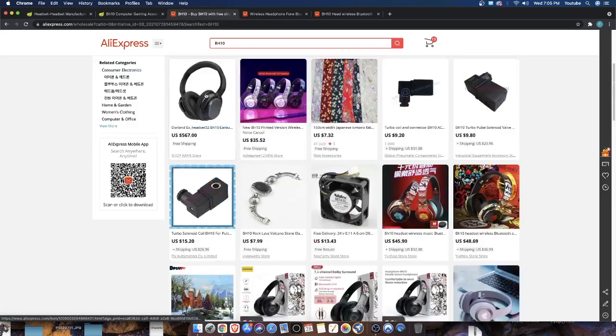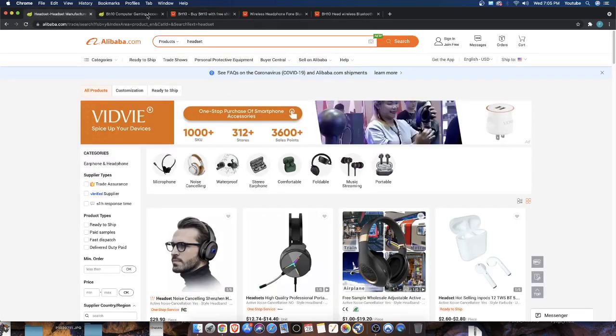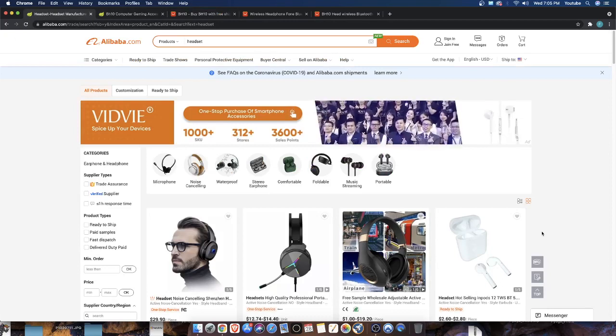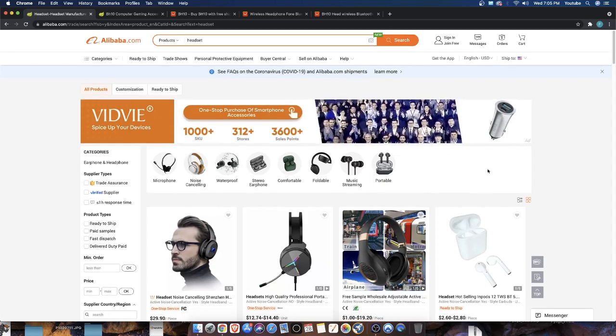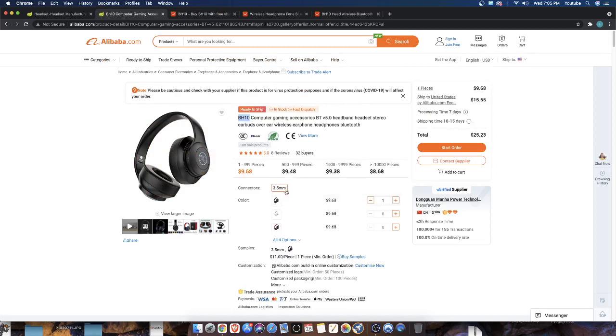Alibaba versus AliExpress. For people who sell on Shopify, sell on WooCommerce, sell on all these different platforms, these names are not new to you. You know about this. But the question is, what is better? And the answer is there's really not one that's better. I'm going to be talking about the differences. I'm going to be talking about things you want to watch out for. So first of all, you want to watch out for this on Alibaba. When you create an account, guys, and you sign up properly, you're going to be getting loads and loads of messages from